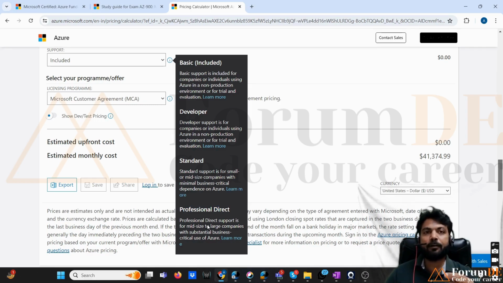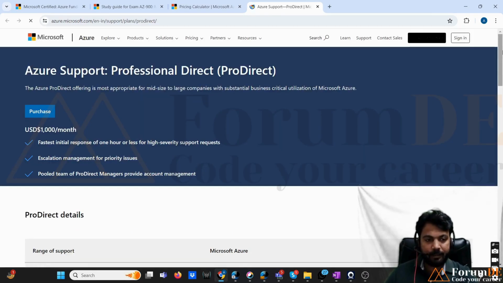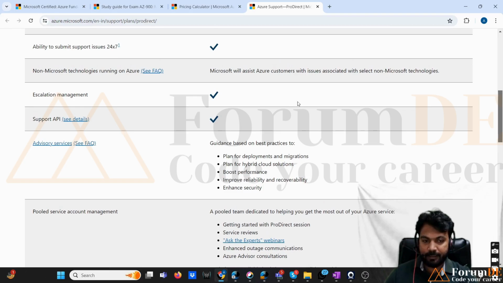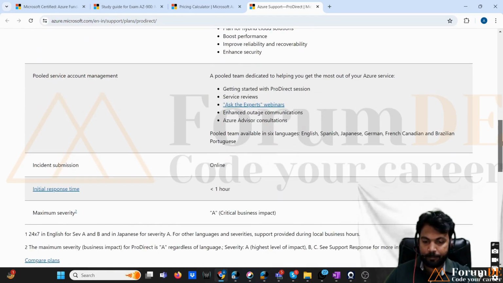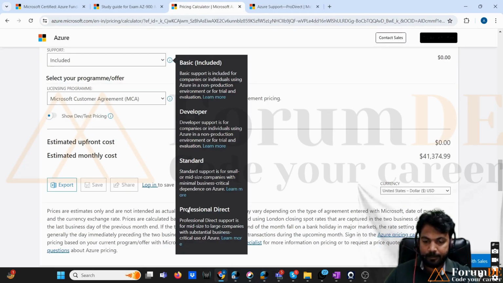If you want to learn more about this kind of support system, what all things are there in this support system, then here we have the learn more option. You will click here and you can know what is included in this kind of support system. These are the details regarding this support system. You see here in this case initial response time is less than 1 hour, because this professional direct is for someone who is doing very business critical